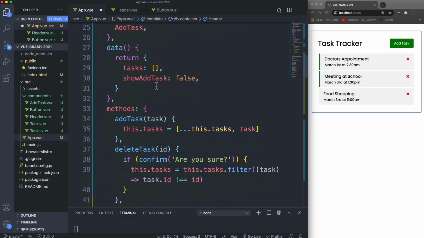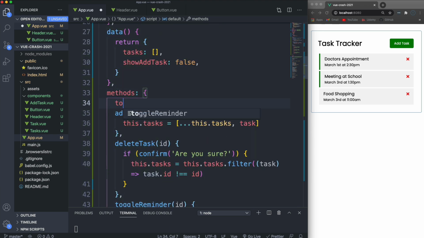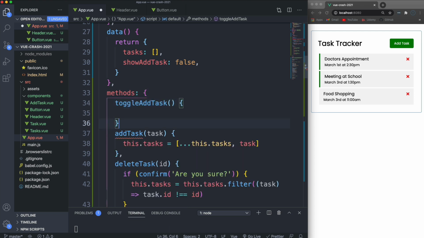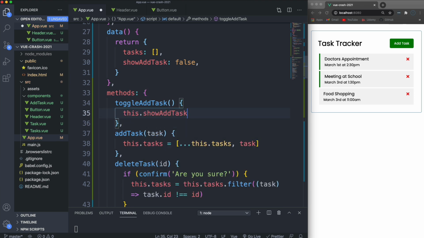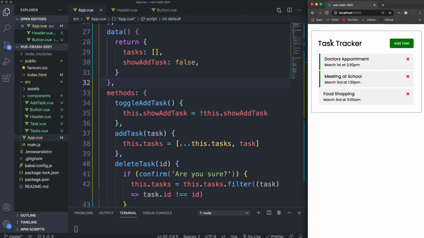And let's create that down here. So toggle add task, that's going to be a function, and all we're going to do here is set that property, that show add task, to whatever it's not. So the opposite of this dot show add task. Okay, so let's go ahead and try it. We'll click,